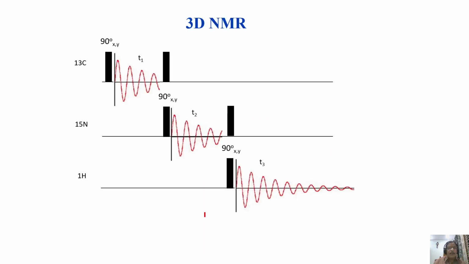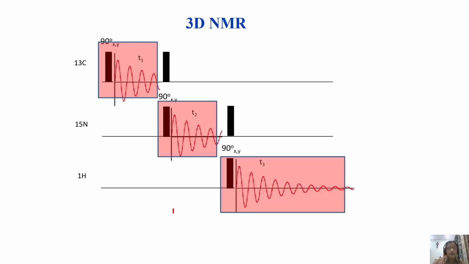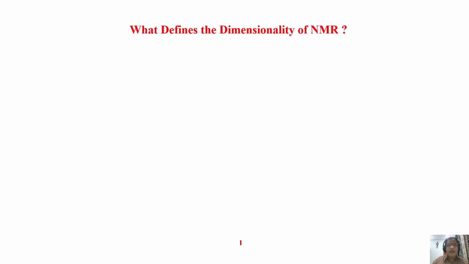For example, I can have 3 time periods like this: T1 period, T2 period and T3 period. This is 3 dimensions; I do 3-dimensional Fourier transformation, and then I get a 3-dimensional spectrum. See, 2-dimension is like this, 3-dimension you can imagine a cube, a box. You can have one dimension here, one here, and one here. So 3 dimensions are there. We can have a 3-dimensional spectrum with the 3 time periods. So this is how we get it.